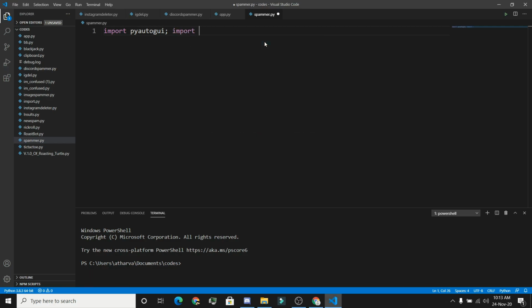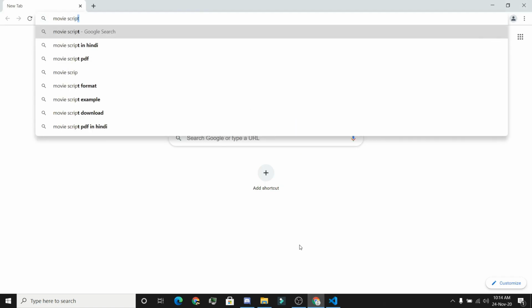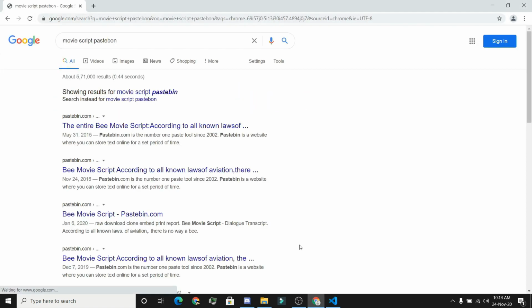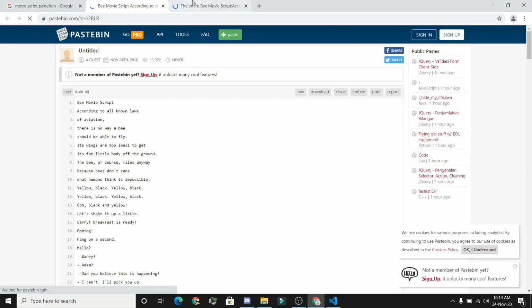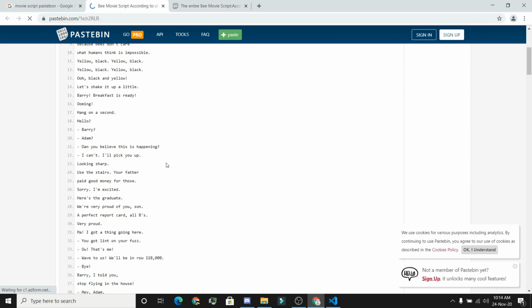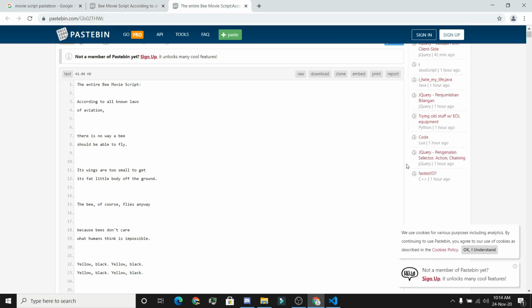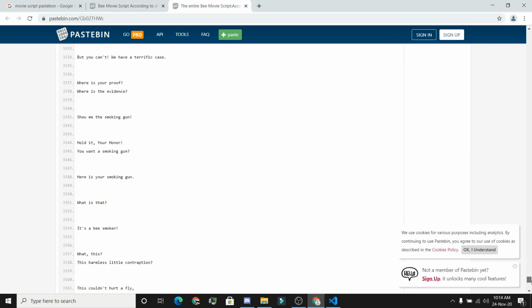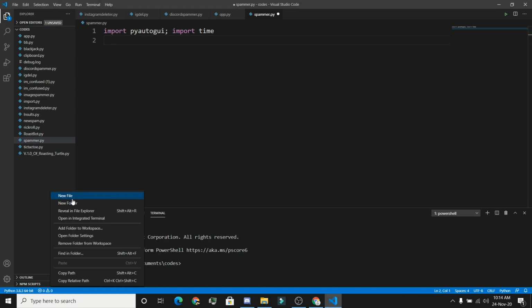Once we import time, we're gonna search for something to spam. The first thing that came to my mind was a movie script because it contains a lot of words, it has a lot of lines, and it's easy to spam. And the first three results are coincidentally all of the Bee Movie, maybe because that's the funniest movie ever made, right? Now that we've copied the script from Bee Movie, we're gonna go to our Visual Studio Code and then